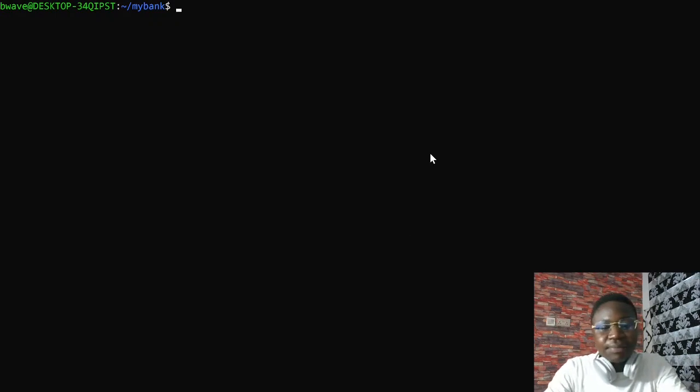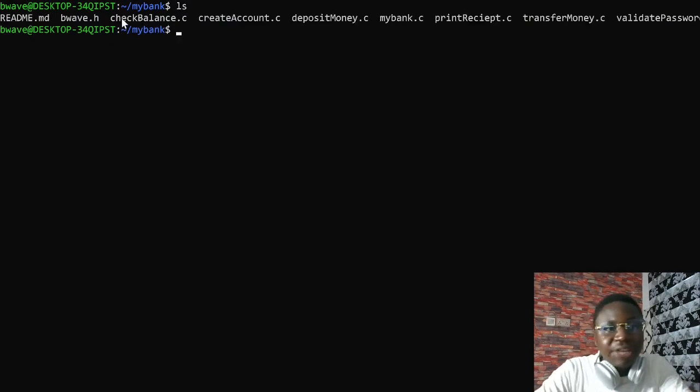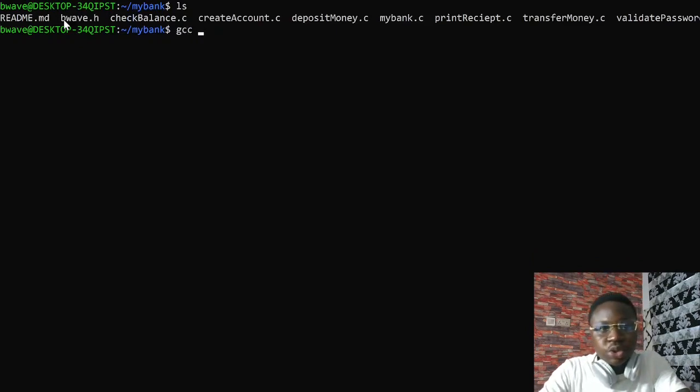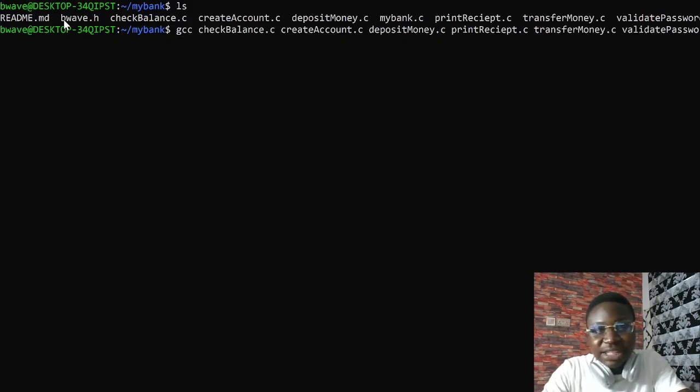So how do you compile? You compile all the functions together except the bwave.h. So you're going to do GCC. What's the first function? Check balance, create account, deposit money. That's how you're going to do it. Print receipt, transfer money, validate password, then my bank.c. Now you can put all the output file into this one called bank, and